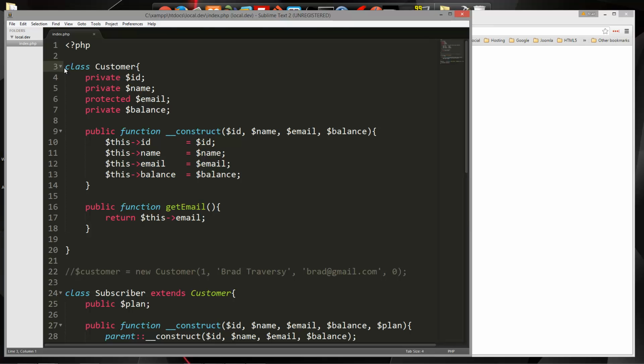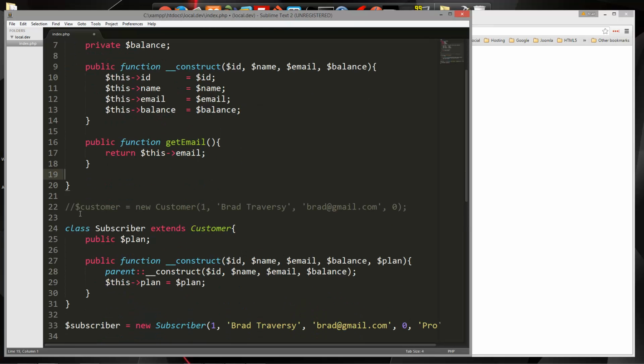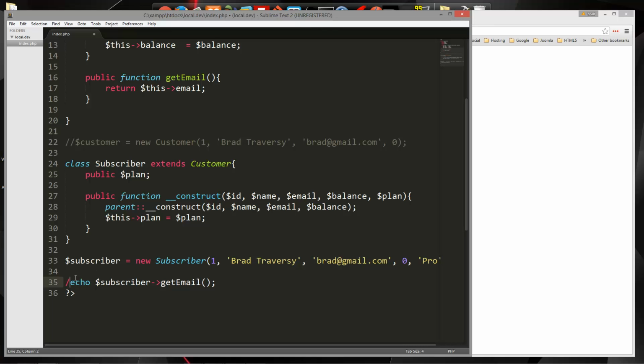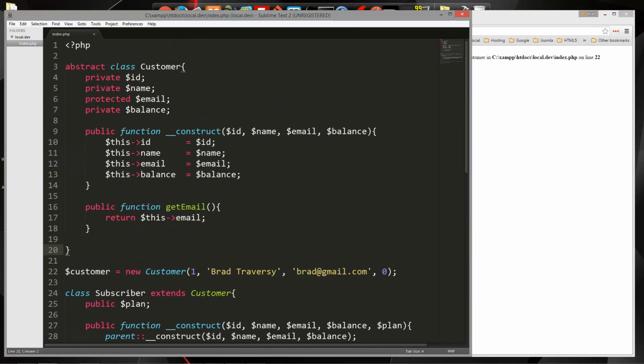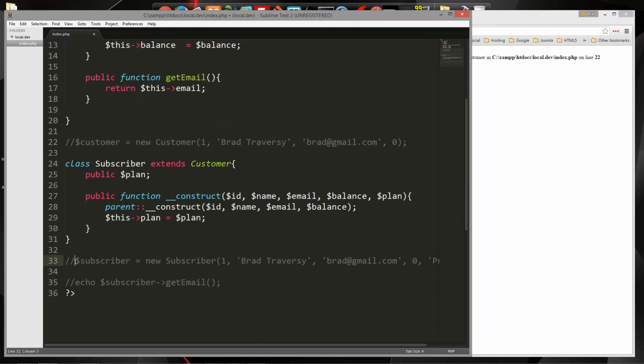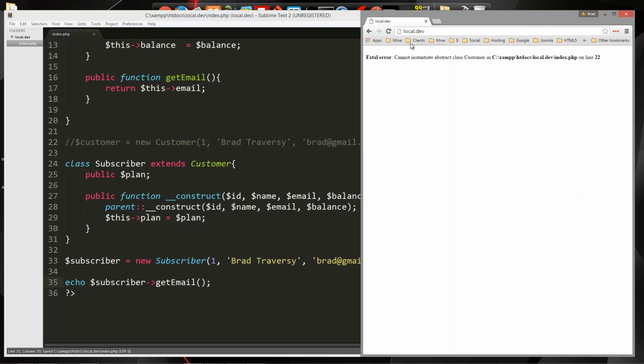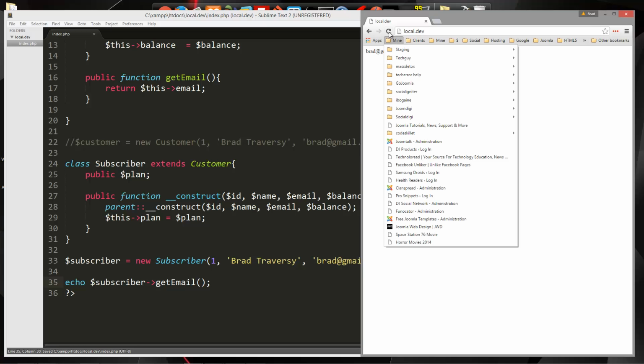So we'll say abstract class customer. And just to show you what it does, let's comment this stuff out, and then we'll uncomment that and reload, and you get cannot instantiate abstract class customer. Okay, so let's comment that back out, and then let's uncomment this, and let's try to call get email. So